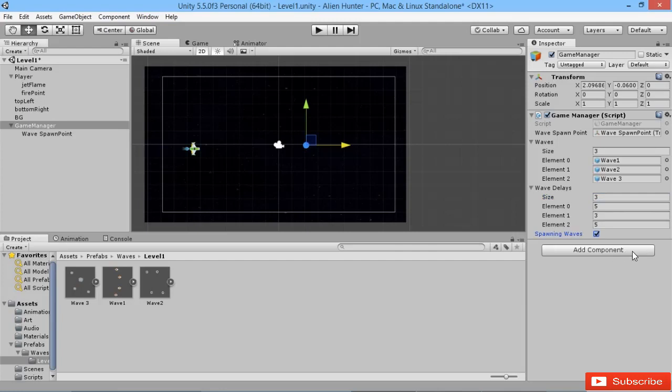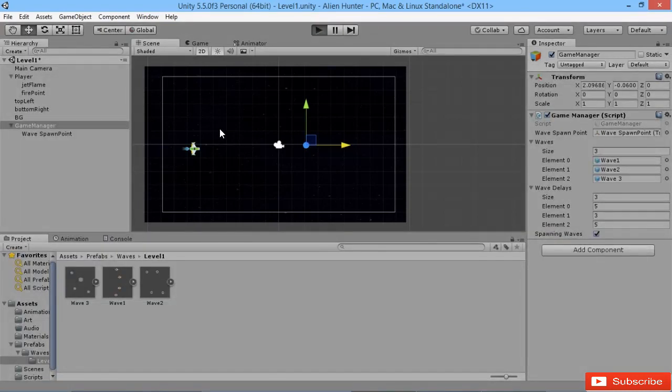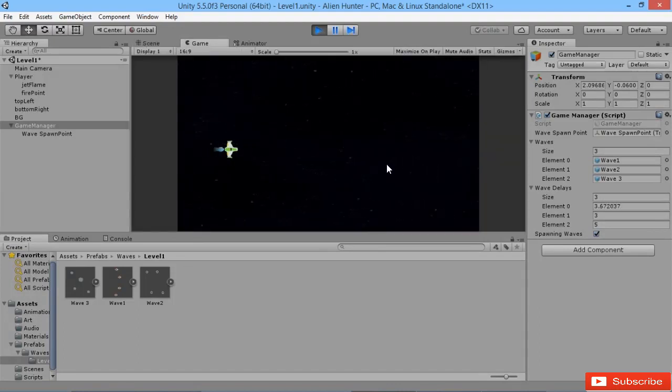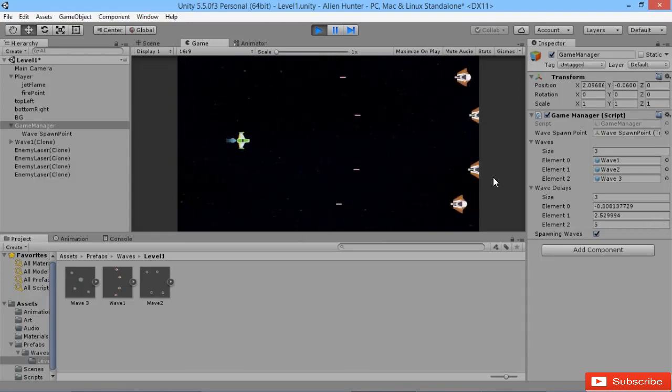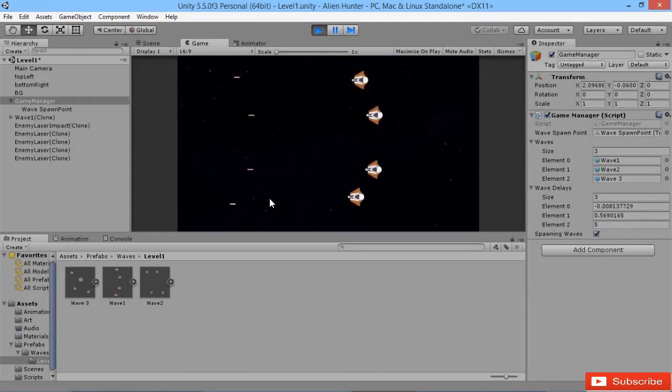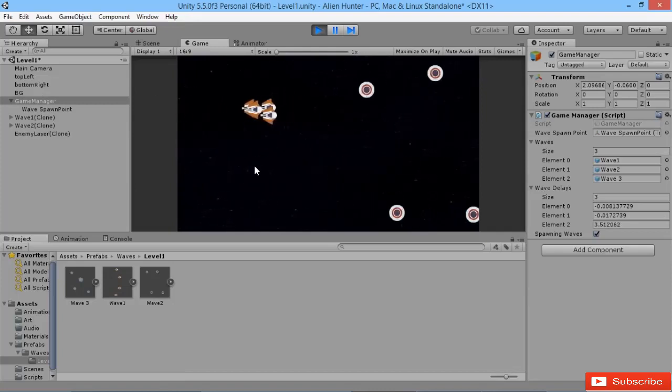We want to make sure that we are actually spawning waves as soon as we start the game. And now we can press play. And we should get our waves of our enemies starting to come into the game. So you see it counting down. And there we go. There's the first group of enemies coming in. Okay, I got destroyed. That's okay. That doesn't matter too much. But we see our second wave comes in. And then finally our third wave now